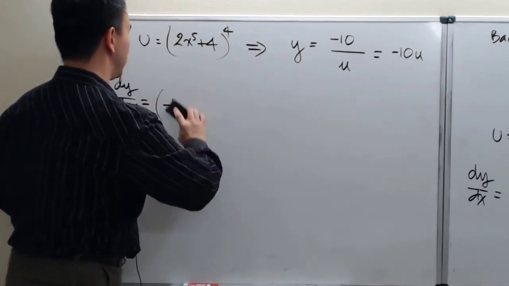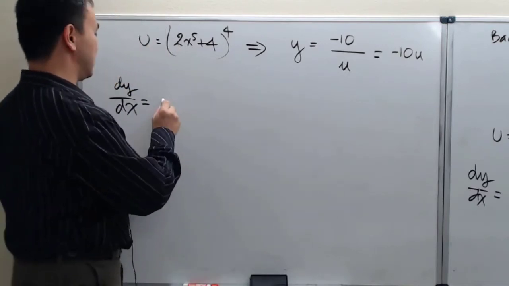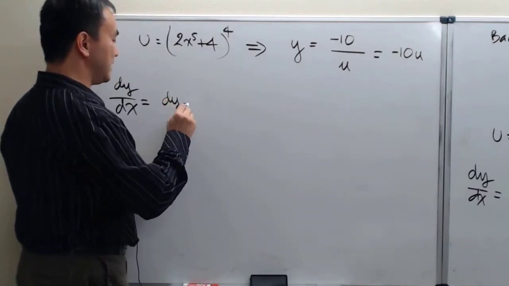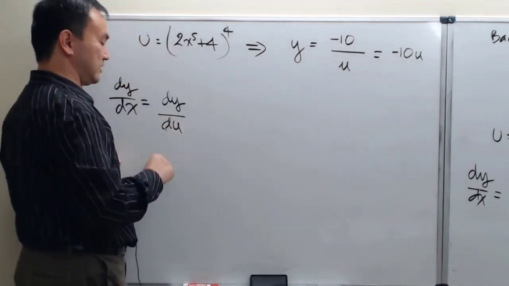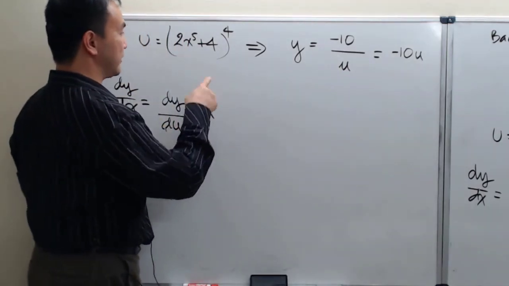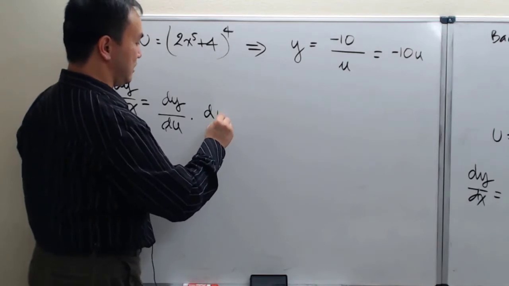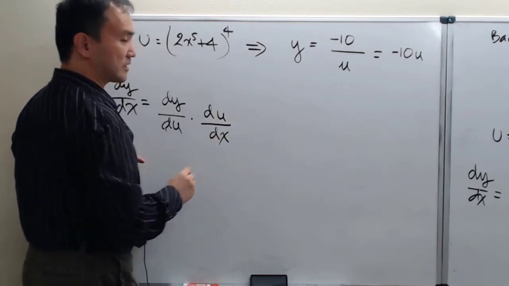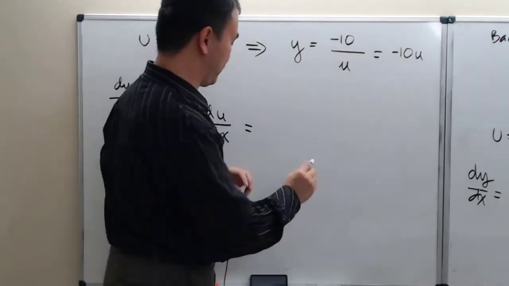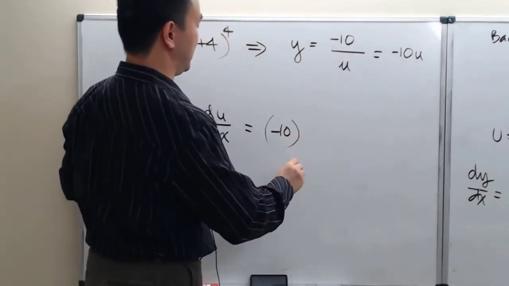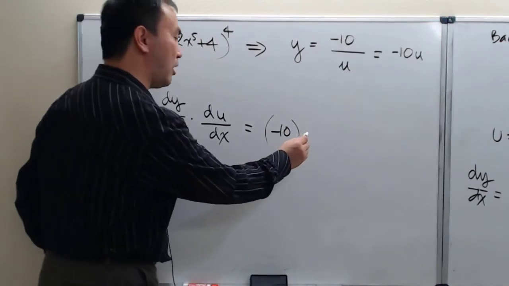I shouldn't rush here, but once again, let me lay down the steps. I need dy/du, the derivative of the outside, multiplied with the derivative of the inside, du/dx. And dy/du is quite simple, as I said, negative 10 as a constant being left behind, but I need to multiply